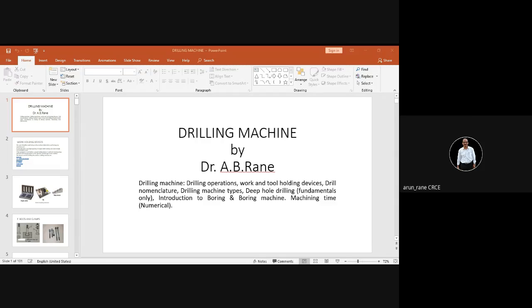So there are 4 teeth. If you consider 4 teeth, the cutter will advance by 0.1 into 4, that is 0.4 millimeter in one revolution. So multiplying by number of teeth, you get feed rate as 0.4 millimeter per revolution.